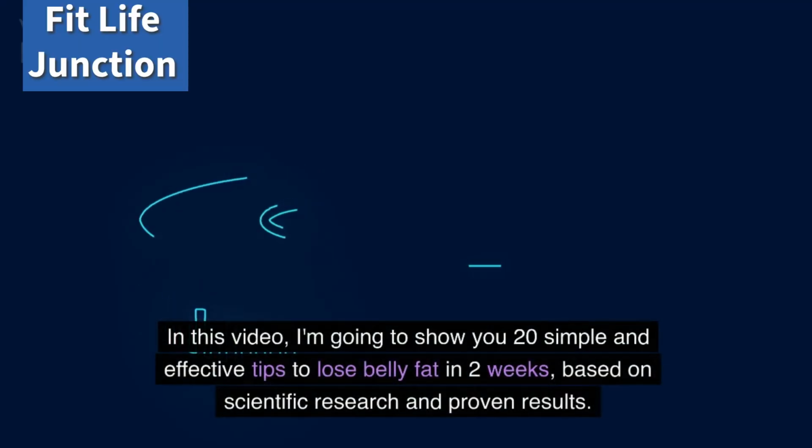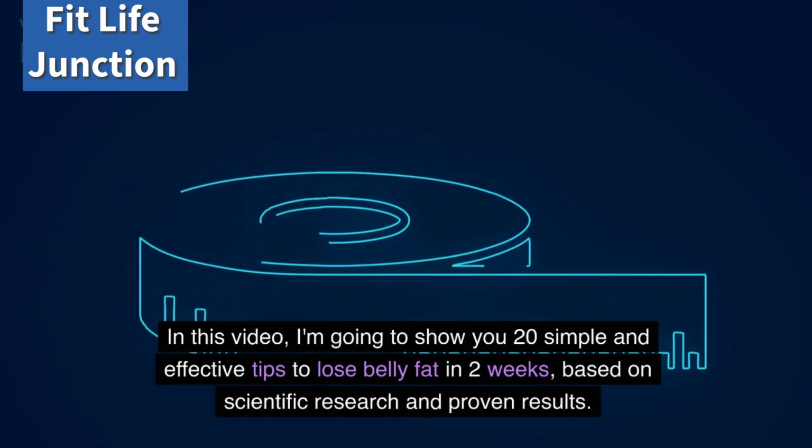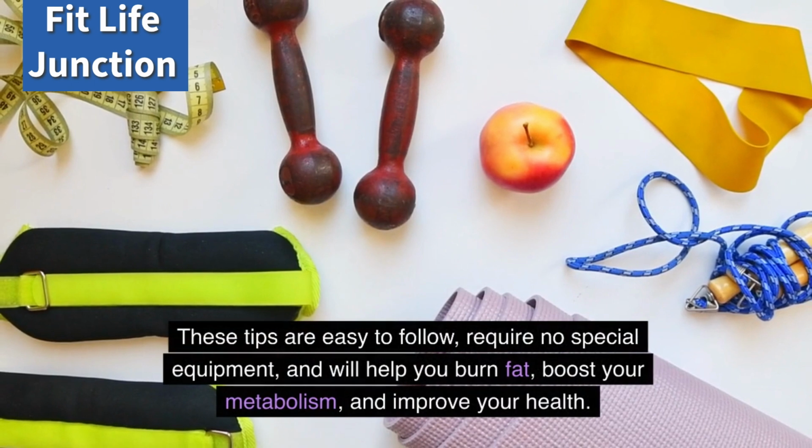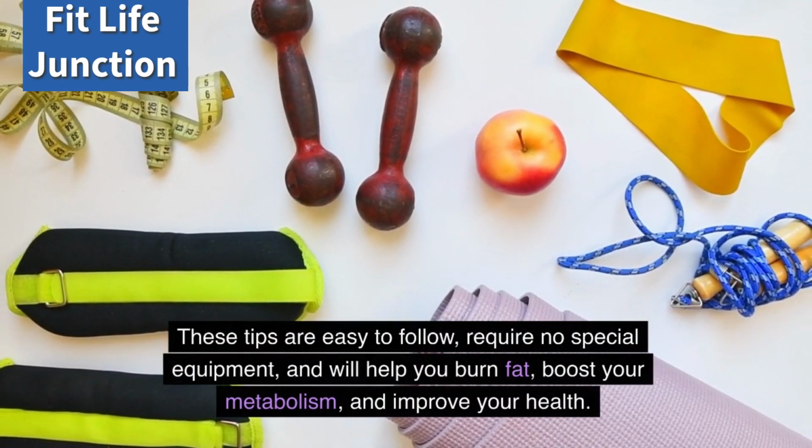In this video, I'm going to show you 20 simple and effective tips to lose belly fat in 2 weeks, based on scientific research and proven results. These tips are easy to follow, require no special equipment, and will help you burn fat, boost your metabolism, and